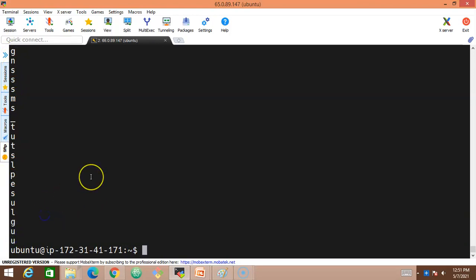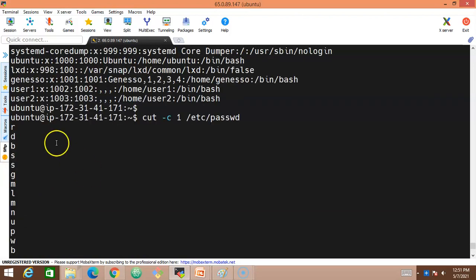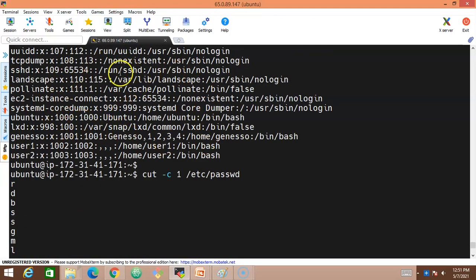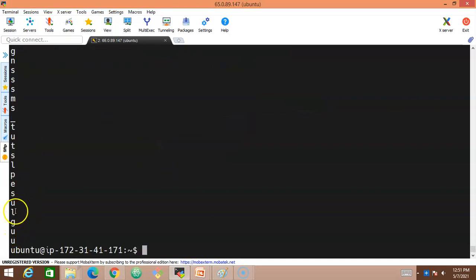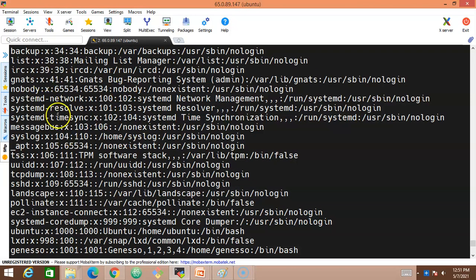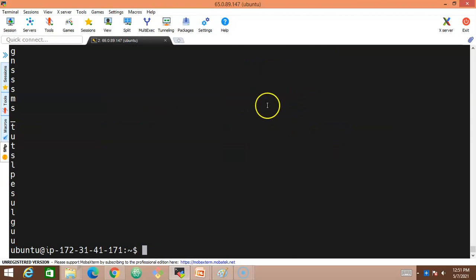So let me scroll up and see the contents of the passwd file. If I scroll up, this is the content of the passwd file. So this is the first character, U, and G, L, U. See, look at this. That is what UUGL. The first character is cut and displayed on the screen. So from this file, we are cutting the first character and displaying it on the standard output, which is nothing but the terminal that you are able to see here. So this is the first command we are talking about.